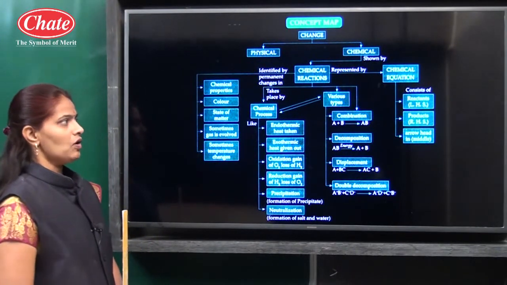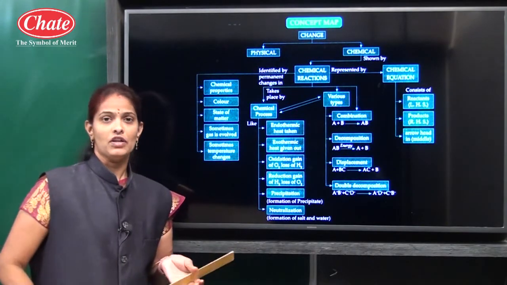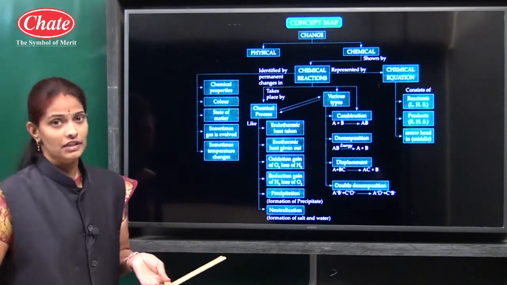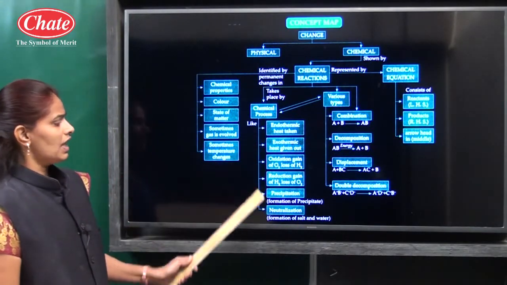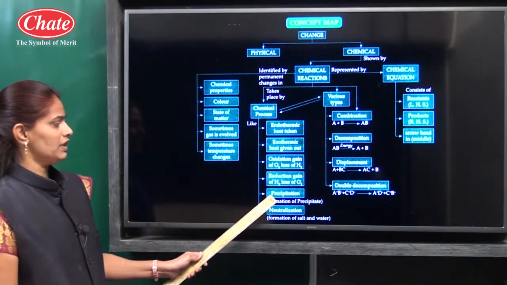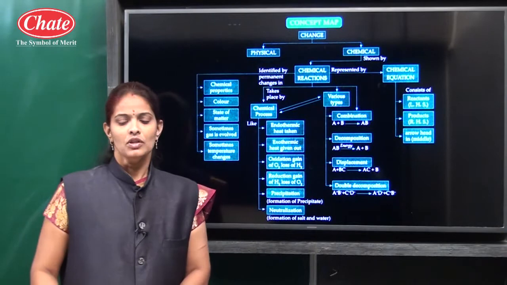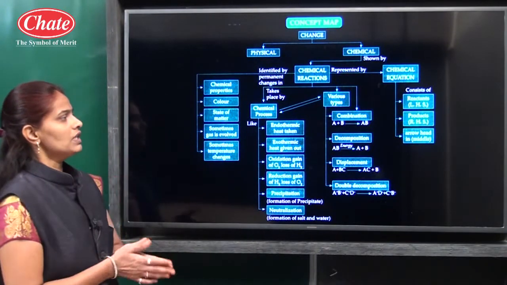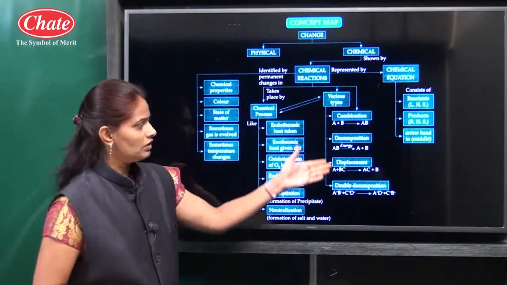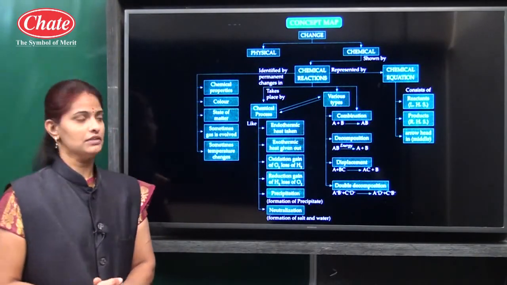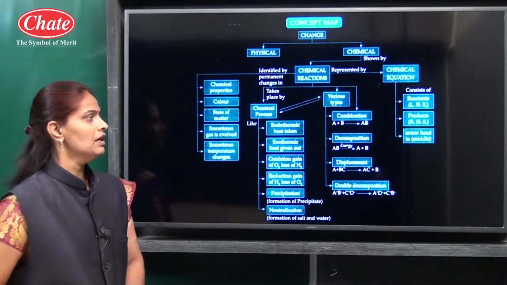And according to the availability of oxygen, there are another 2 types of reaction. First one is oxidation reaction and the second one is reduction reaction. And the other chemical processes, neutralization and precipitation, are extra. Okay, so first we will see the nature of reactants and products in these 4 types of chemical reaction, that is combination reaction, decomposition, displacement and double displacement reaction.